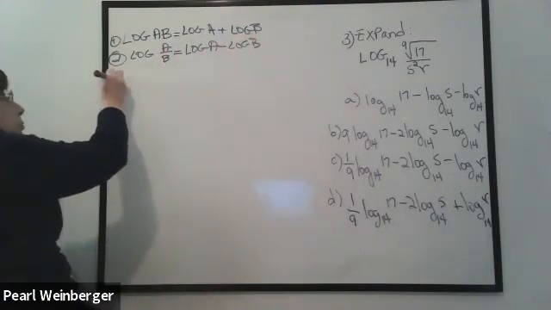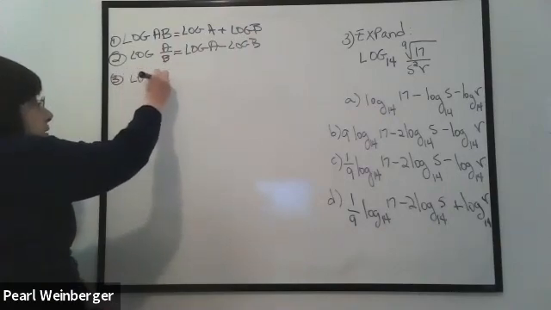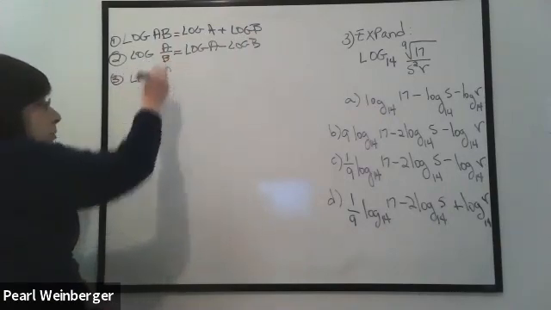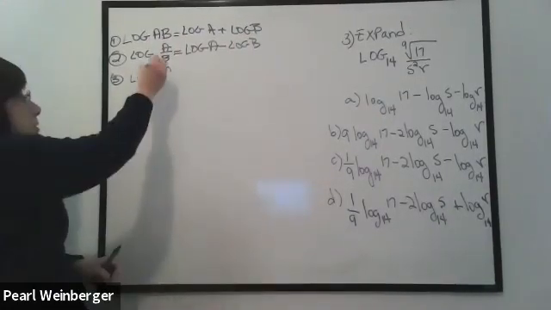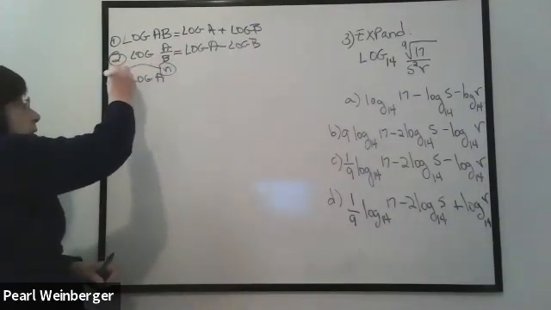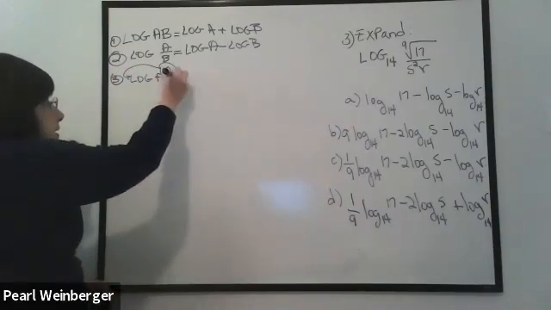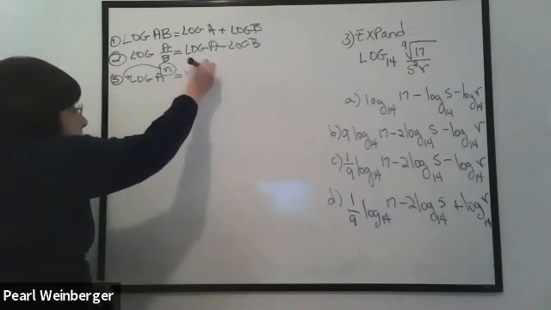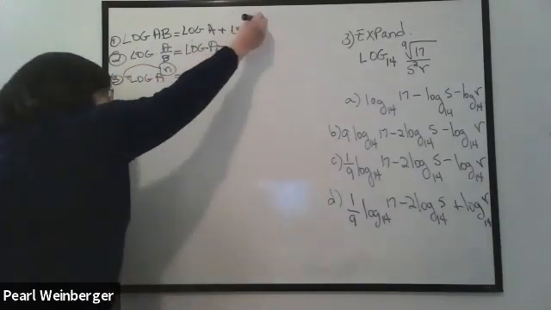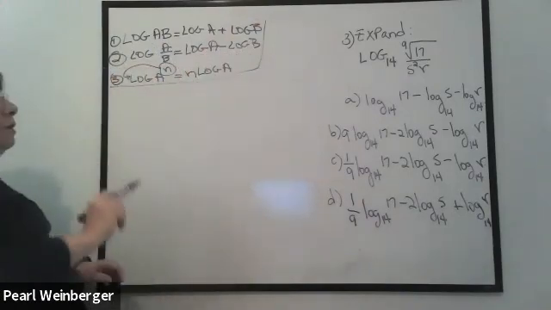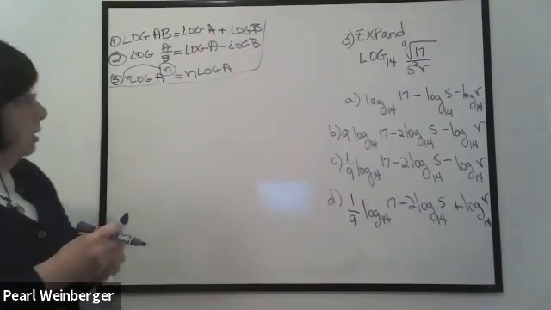And rule number three was that when we have a log of a number that has some exponent, the exponent is going to become the coefficient. In other words, this is going to be n log a. Let's just leave them over here. These are three basic rules of logarithms. Again,